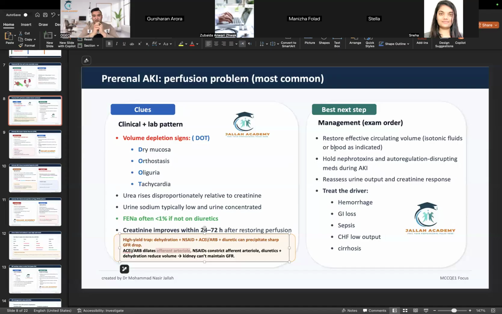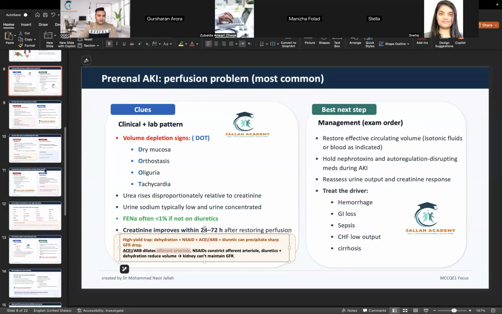Now, the next step, which is also part of the best management, is: should I hydrate the patient or should I decongest the patient? It really depends on what type of pre-renal I'm dealing with. What is the cause? If it is dehydration, obviously I'm hydrating. If it is CHF, cardiorenal syndrome, now I'm using diuretics. Good? We're moving on. And obviously, the cause should be dealt with, or the driver, like hemorrhage, GI loss, sepsis, whatever it is. Based on that,